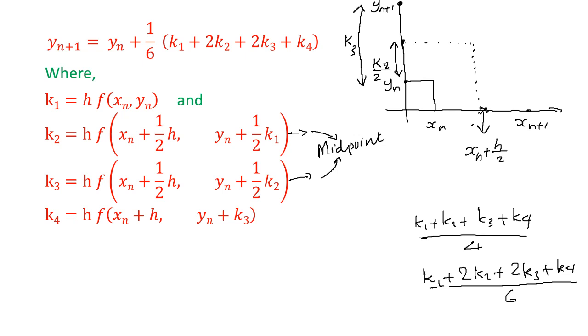So you can have different weighting functions and you may have different RK methods. Here we have approximated the function at the center, so we used 2 approximations at the center, but instead you can have different points. You may choose 3 by 4, so 3/4 h away from xn, you may use that. Depending upon these constants and these weighting constants, you may have different fourth order RK methods, but we use only the popular one, this one: yn plus 1 equals yn plus 1 by 6 of k1 plus 2k2 plus 2k3 plus k4.